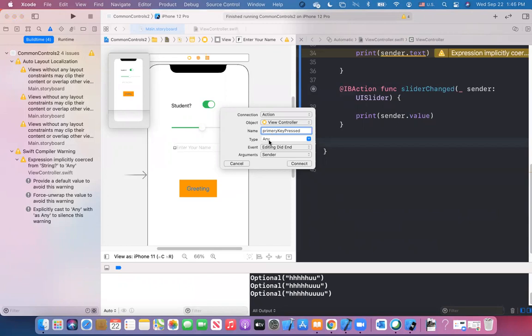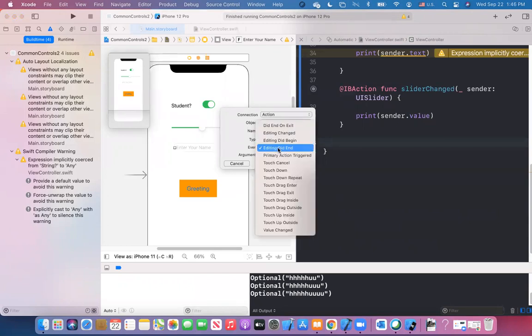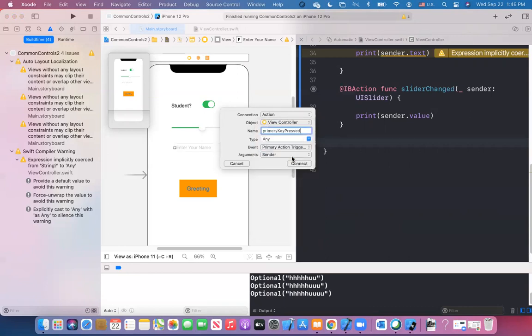What does that mean? From the event types, you'll notice one of them is primary action triggered. What is that? It's actually the button on that keyboard when you click on done, next, or whatever. So I click on primary key pressed,